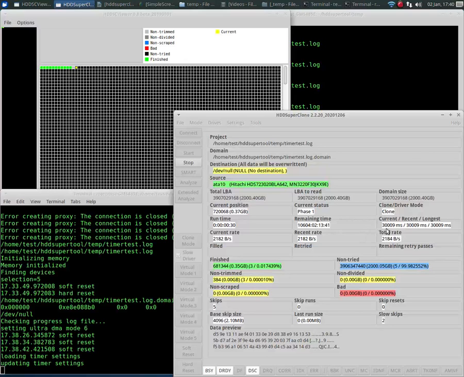Alright, 30 seconds. It read data. It took 30 seconds to read data, and it didn't add to the non-trim, so it didn't mark anything as bad. It actually read that data. It's a long time for a read, though. And again, another 30 seconds. There's no soft resets going on over here, no resets at all. So the drive is taking that long and then saying that it's returning data. Whether it's good data or not